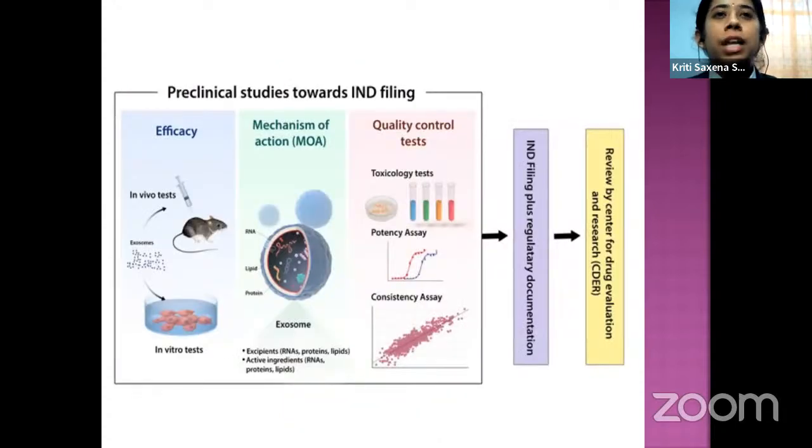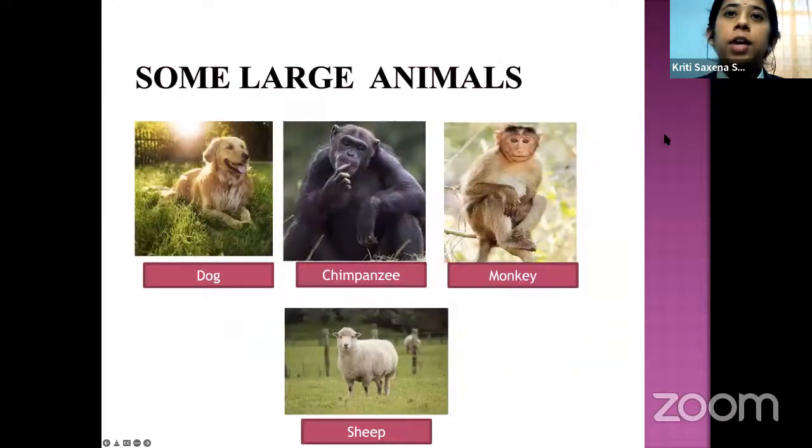It is a small exemplary pictorial view of how preclinical trials go. For example, you tested a molecule in vitro, then you have promising results, then you go for the preclinical test, you check it in your rat, mice, or whatever small animal. You study the mechanism of action of that drug, molecule, or intervention, that is how it is acting in the body. You perform the toxicology test, potency assays, consistency assays. Then you apply for IND filing, in which you submit all these data. When the FDA or the governing body finds it considerable,